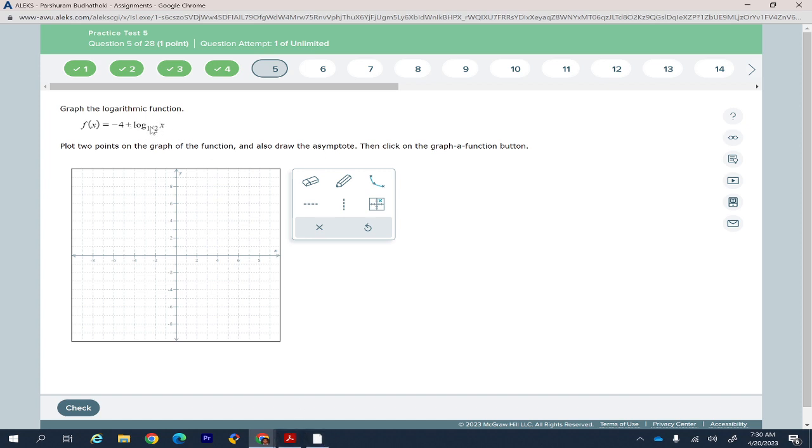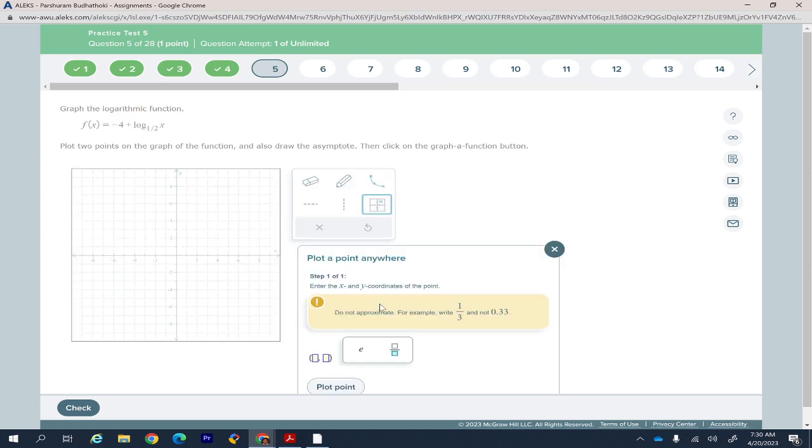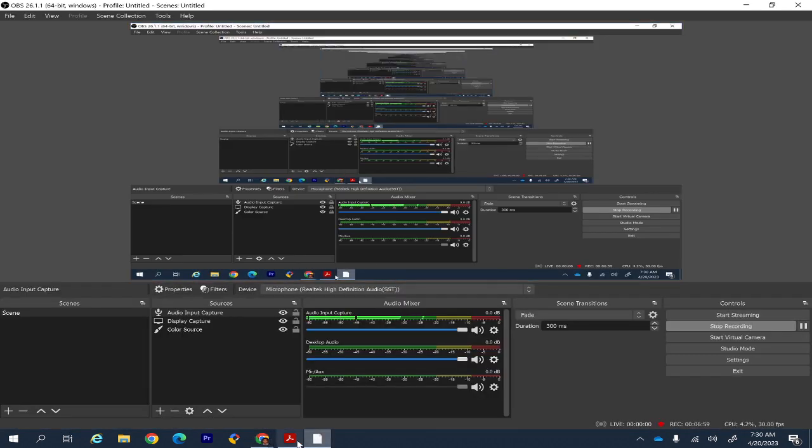So the asymptote for the log function is a vertical line. So this vertical line, and then you would like to put the 2 points as well. So first of all, find the point when x is 1. The value of log is 0, because log for any base at 1 is 0. Remember, the log function is the reverse of the exponential function. So to find the points, what you can do is